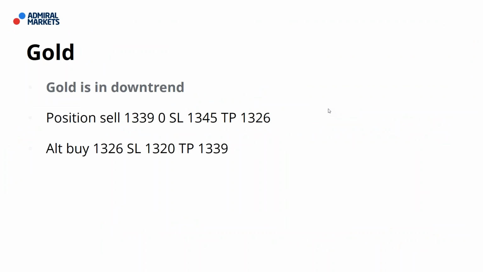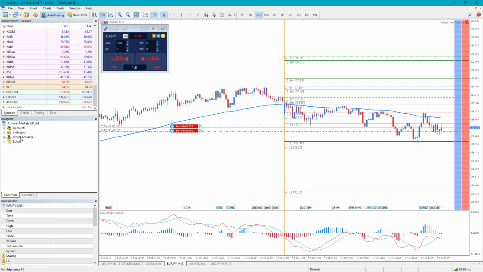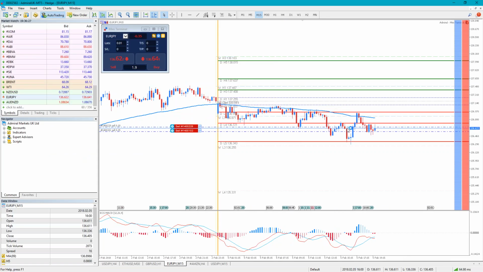Christian is asking about Euro yen in the 15-minute time frame, inverted head and shoulders divergence. There is some divergence indeed. On the 15-minute time frame, this is actually a W, but you see it's still being rejected. It actually needs to break this double bottom to proceed further down. It's being rejected now. I'm in a trade, but as I say, it needs to break this,